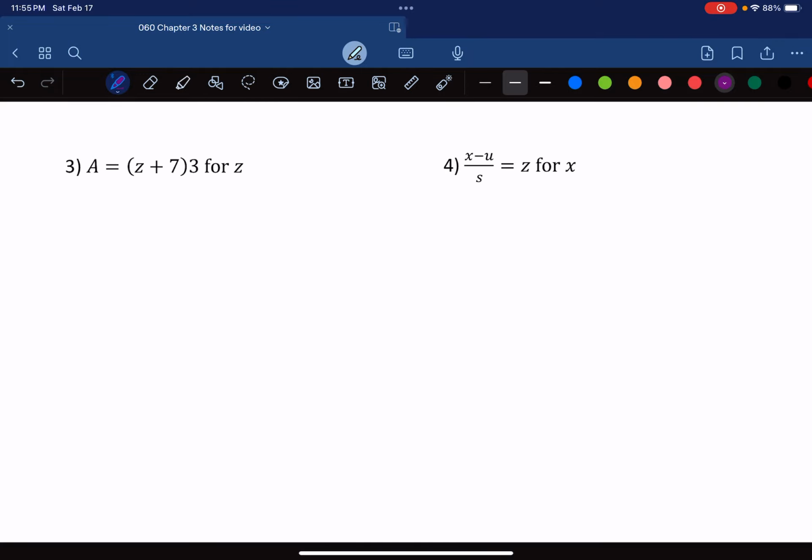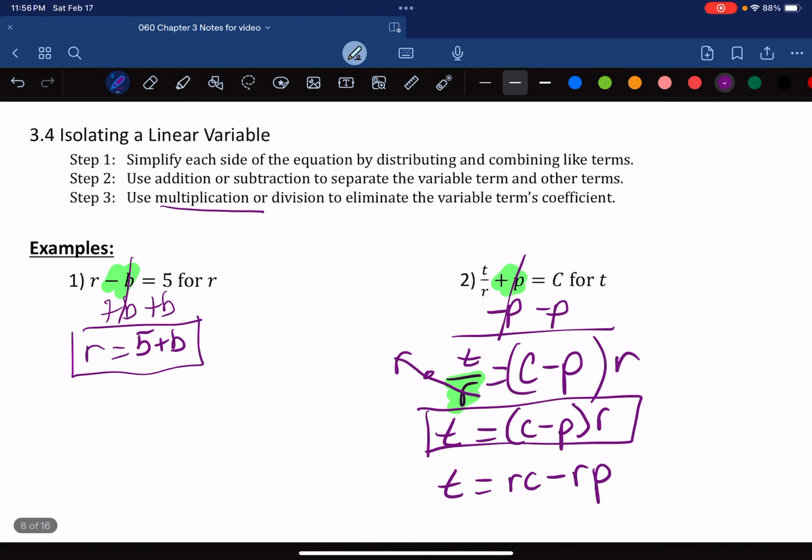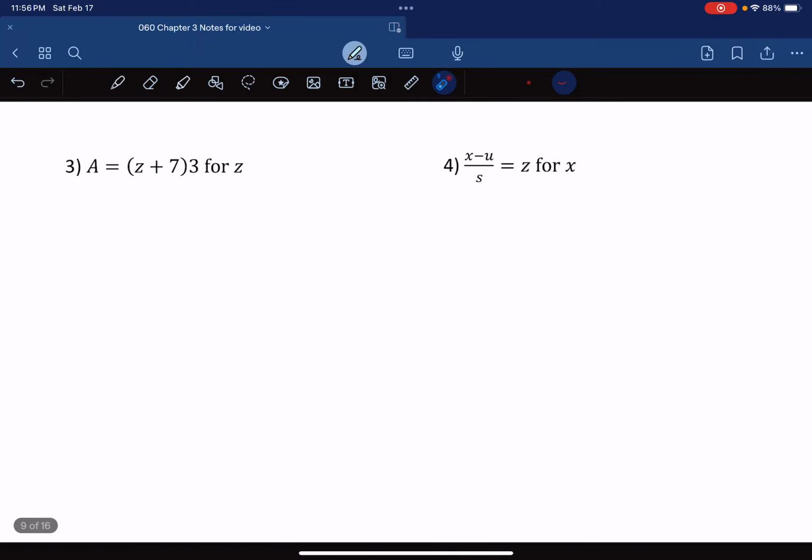And these are two more, with a little bit more steps involved. The first one here, number 3, we have a distributive property happening. Our variable we want to isolate is inside the parentheses, and so we need to do some work first to get it isolated. And there are two different approaches to this that you could do. The first one, like it says here in step 1, is to do distributive property. So I can go ahead and distribute that 3,